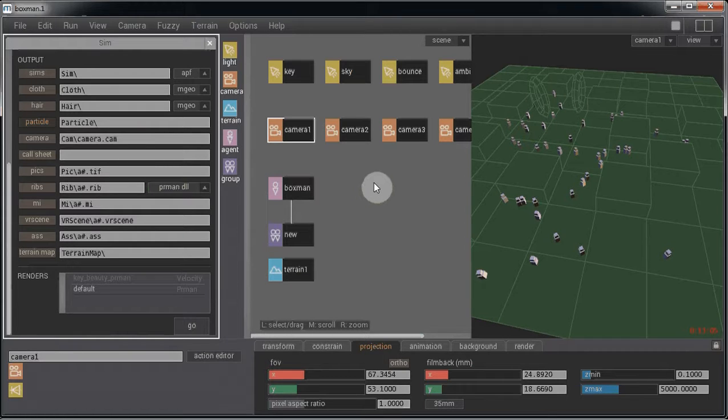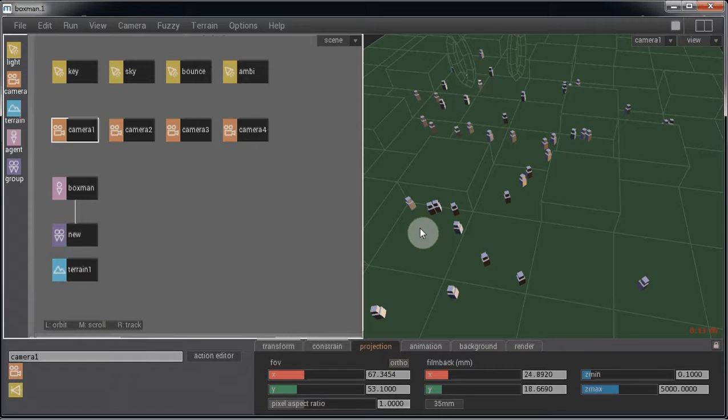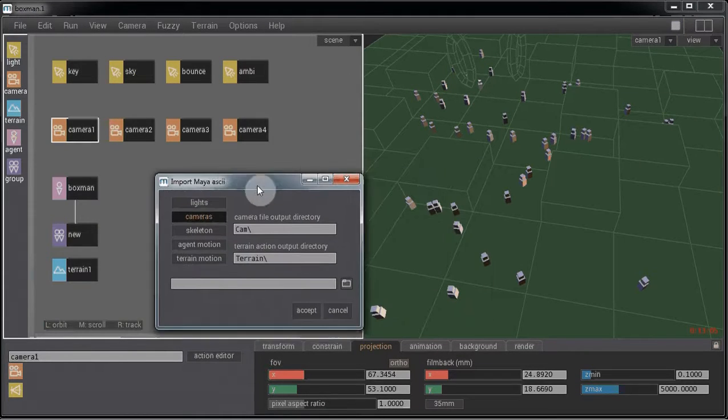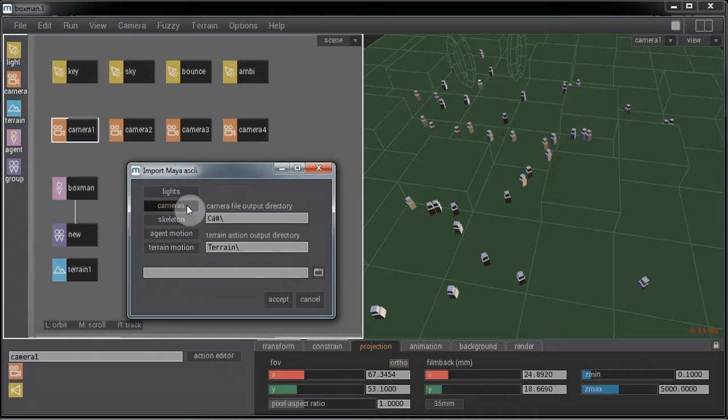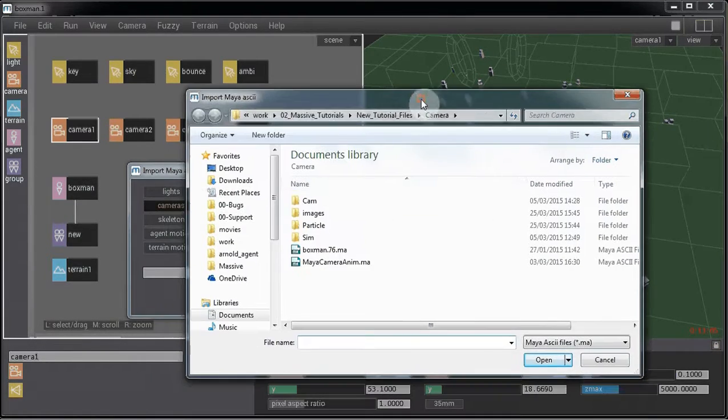When you've animated the camera in Maya, select and export it as a Maya ASCII. Then, in Massive, go to File, Import Maya ASCII, select Cameras, and make sure you have an output directory for your camera action files. Then go and select your Maya camera animation,